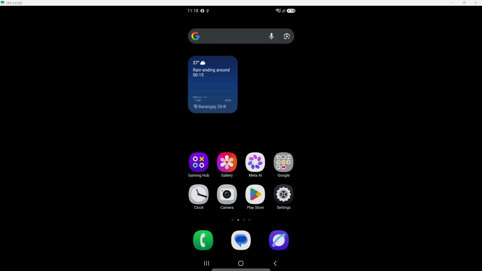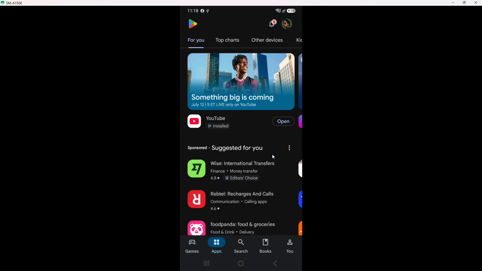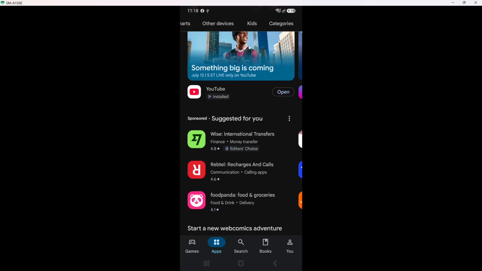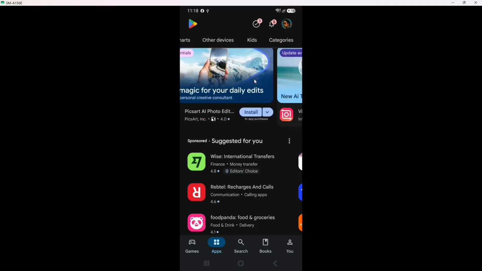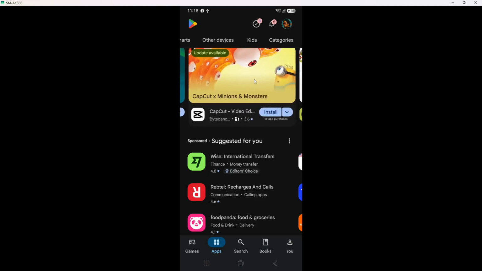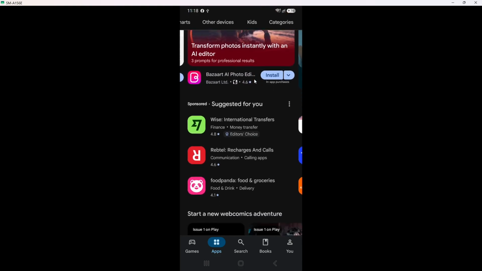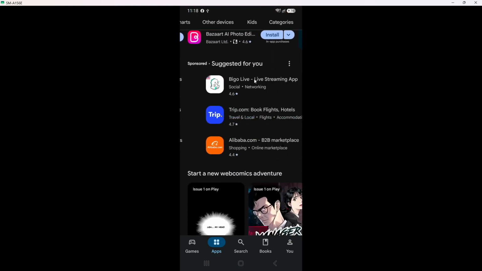First, we need to begin by opening the Google Play Store on your Android device. You can find this app usually on your home screen or in your app drawer. It has a colorful icon that looks like a shopping bag with the Play Store logo. Once you tap on it, the screen will load various apps and games available for download. This is the marketplace where you can find and install many applications. Having access to the Google Play Store is essential because it ensures that you are downloading official and secure applications.